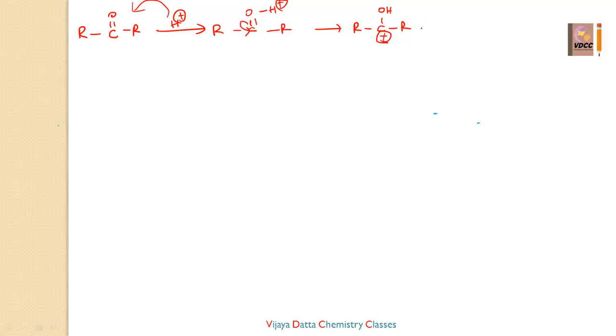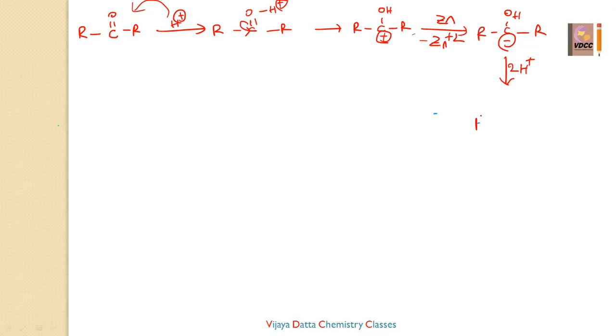Now to this positive carbon, we add zinc. The zinc is converted into Zn2 plus; that is, zinc loses two electrons. The two electrons are taken by this carbon, because positive means electron deficient, so the positive charge is converted to a negative charge. Again, as it is an acid-catalyzed reaction, I am going to add two H plus.